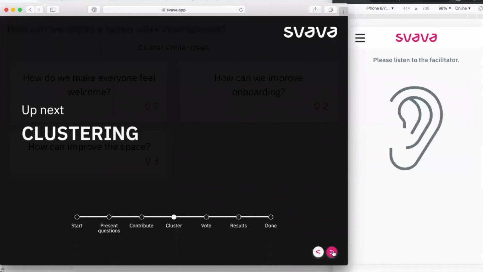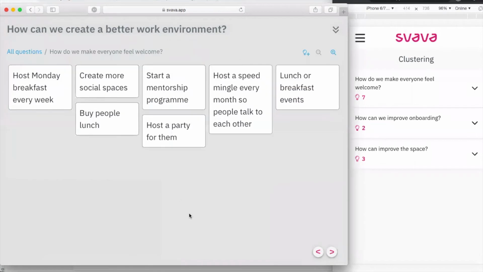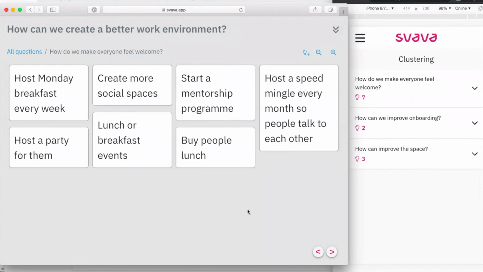Next up is clustering. And here you will be able to combine similar or duplicate ideas. So head into the question that you would like to work with. You can zoom in or out. And you can also add ideas here if you would like to do more of a group brainstorming in this step. When you've found ideas that you would like to combine, click them